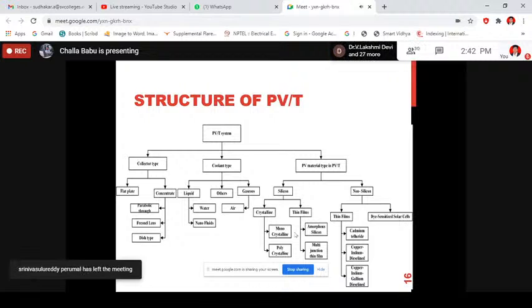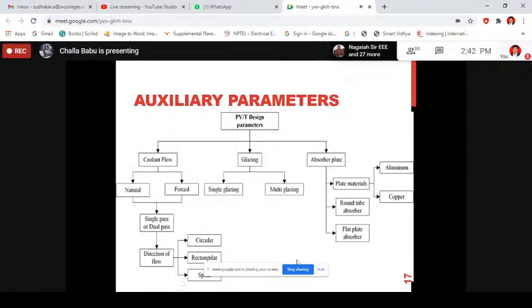Because the concentrated types are majorly focused on by, I think, the IIT Delhi Center for Energy Research. If you have interest in the concentrated type, you can contact the IIT Delhi Center for Energy Research Cell. They are working in a very effective way to get solutions for the different concentrated type PVT systems. So when it comes to the PVT design parameters,